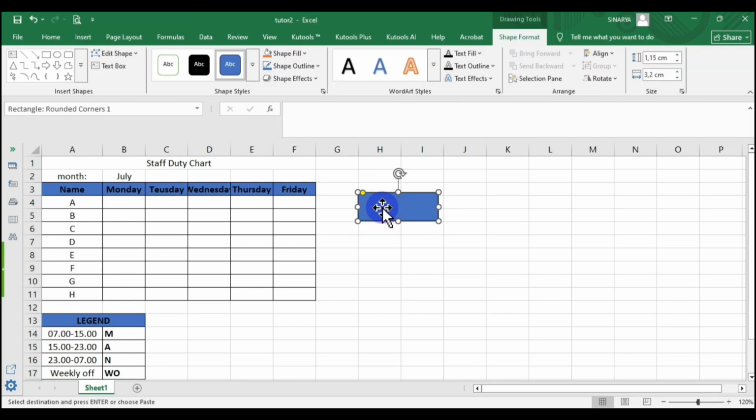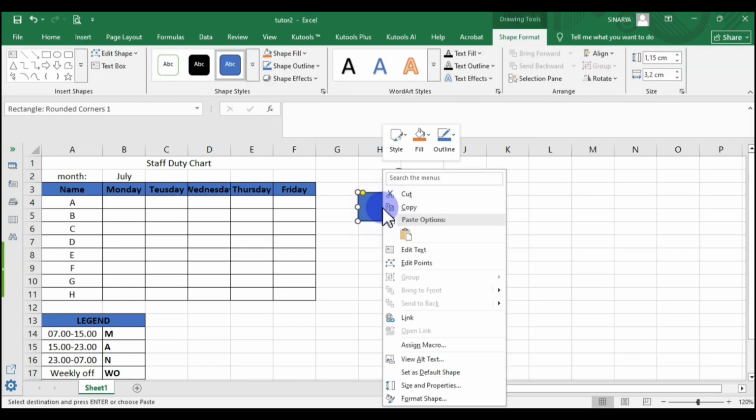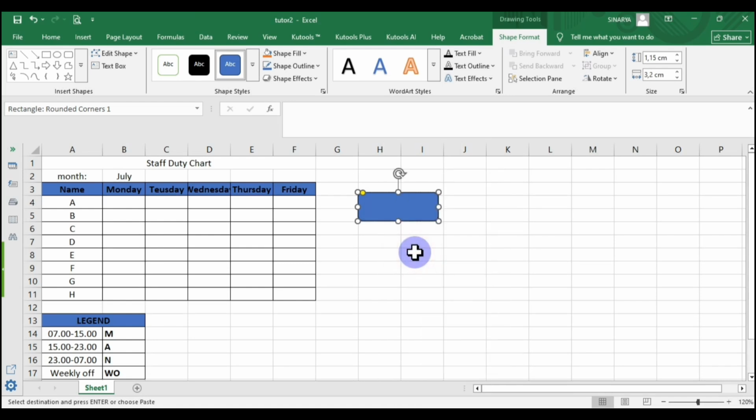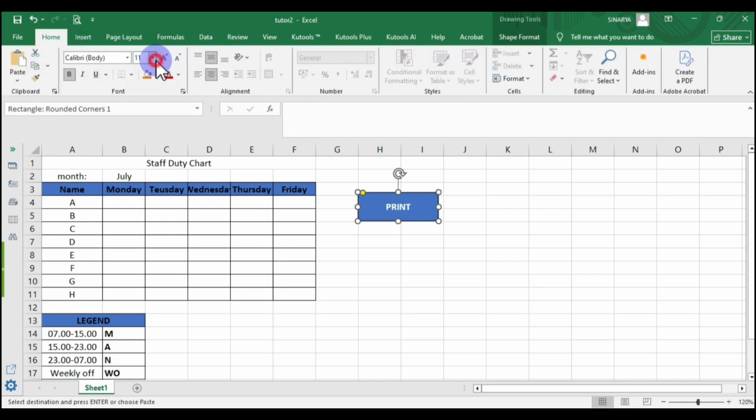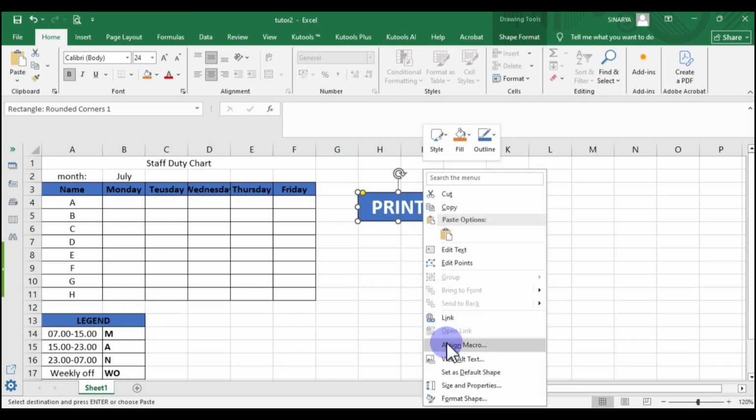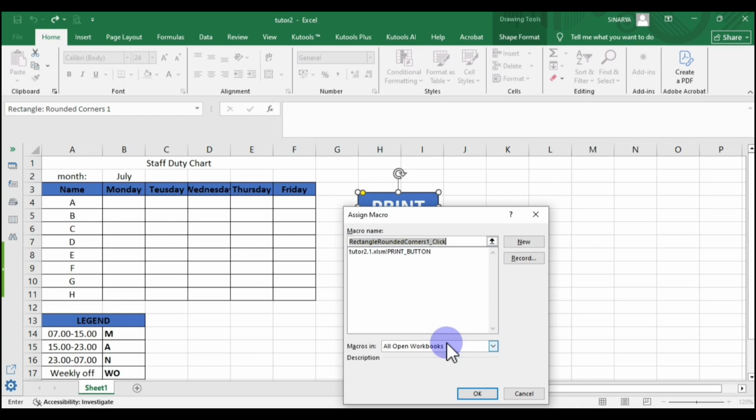And then once you have added the shapes, just right click on it and select Edit Text, and then type Print. Like this, and then just customize the look to make it more creative. After that, just right click the shapes again and select Assign Macro. When the Assign Macro window pops up, give your macro a name. For example, I will give it a name like this,